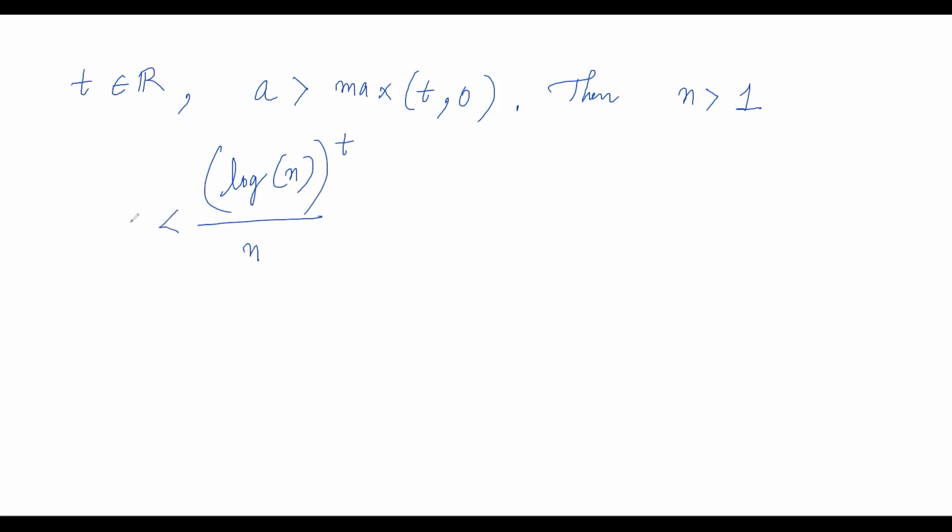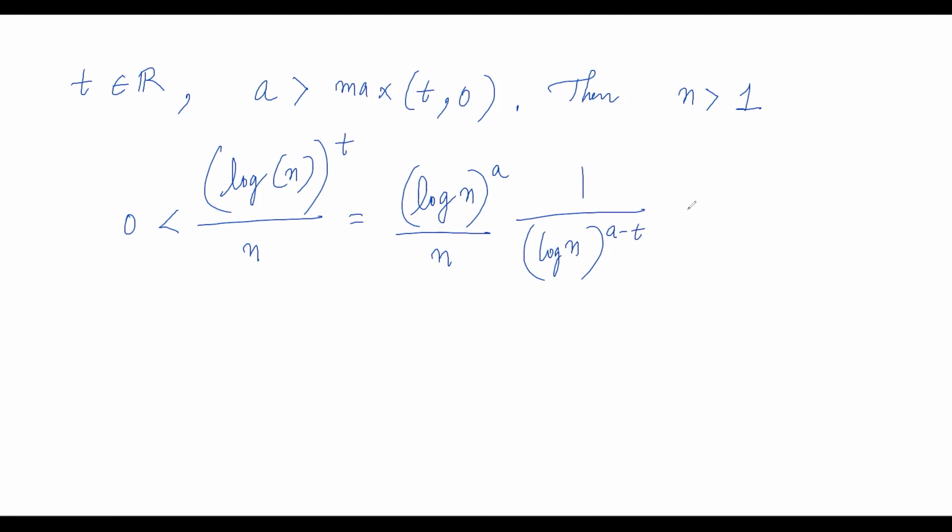So this is strictly greater than 0, which is equal to, let's manipulate this a little bit, (log n) to the power a over n times 1 over (log n) to the power a minus t, and which is again less than or equal to